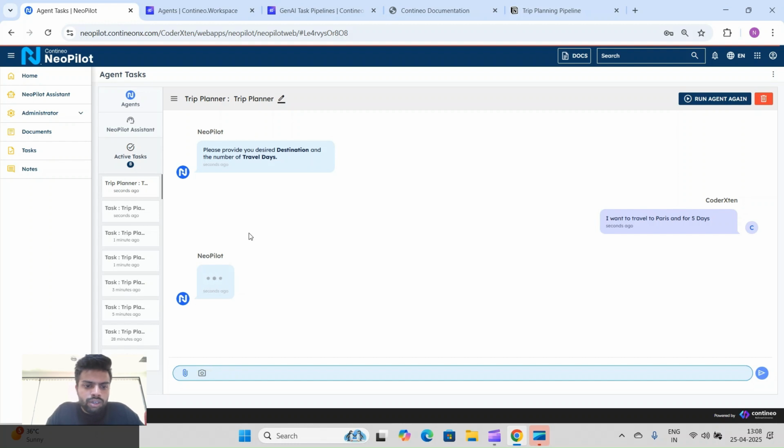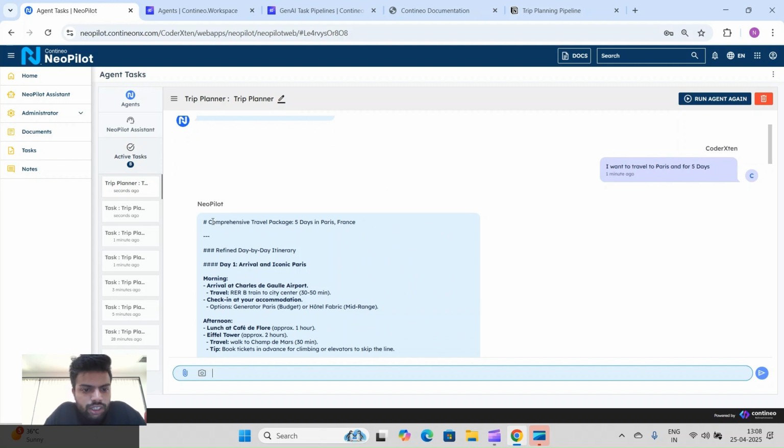If you have said in the prompt to give me the detailed plan, it will give us a very large response which may take more time. But if you have written in the prompt to just give me 50 words or 100 words, it might give you faster responses. So right now our pipeline is processing those inputs, so let's wait.